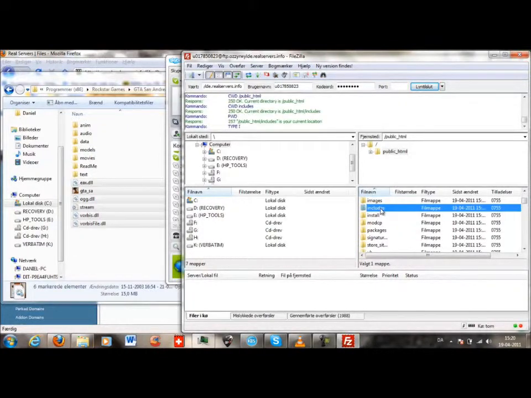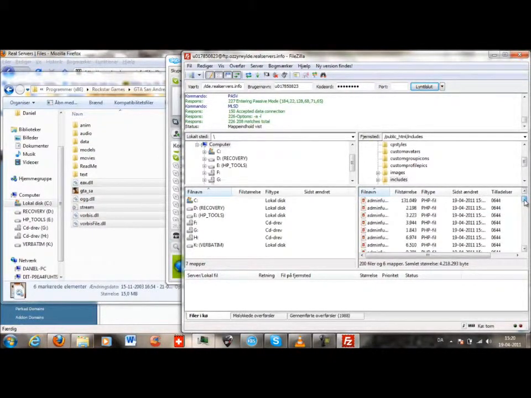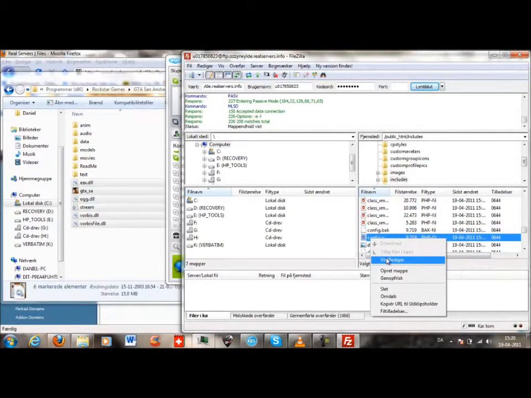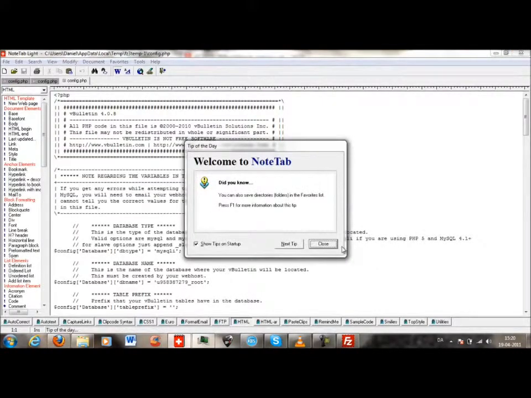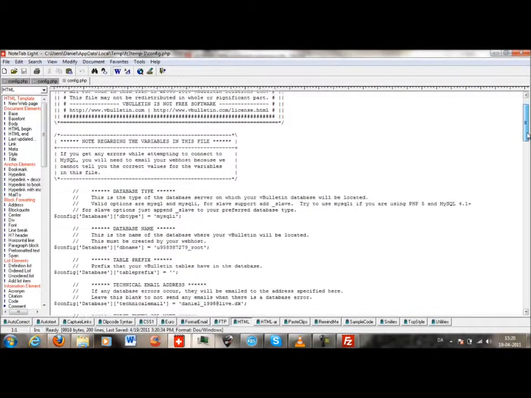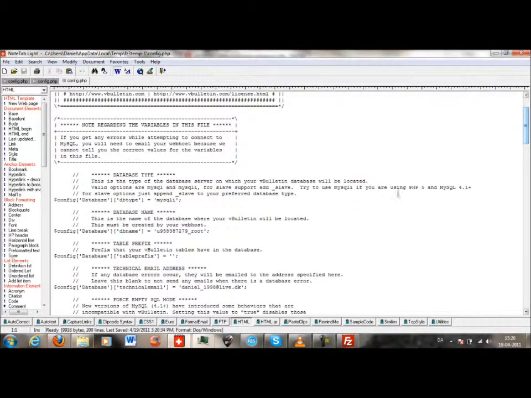There was a mistake. But okay, now I'm into the includes folder. And now we shall find the config.php.new and edit it in any program, and we are starting with the database type.